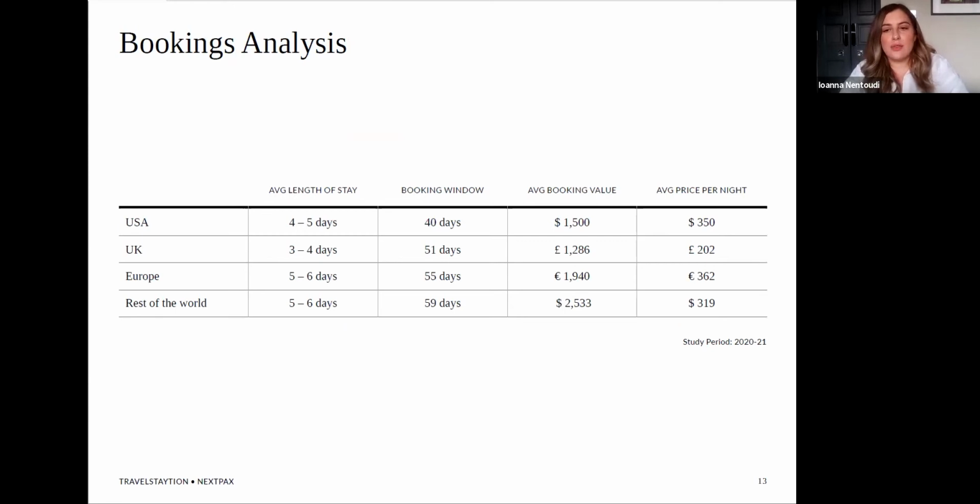Having a booking analysis for the past year, we can see that mainly people book an average length of stay from 4 to 6 days, so approximately a week. Having a booking window from 40 to 50 days, so it's something more than a month before the check-in, and having an average booking value from $1,500 to $2,000, having a price per night approximately